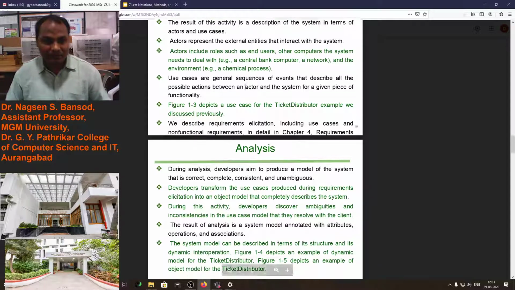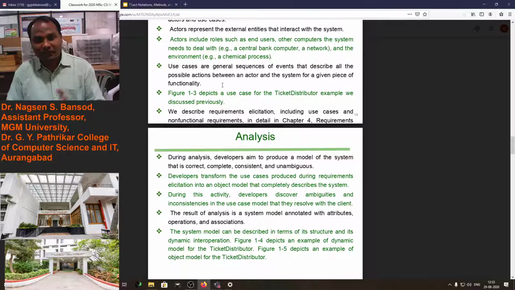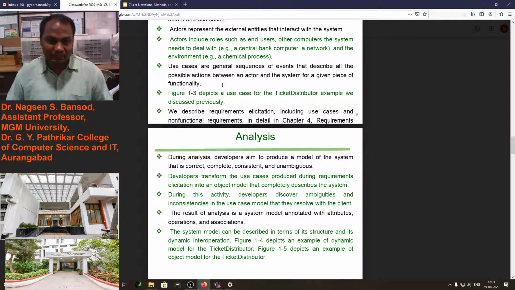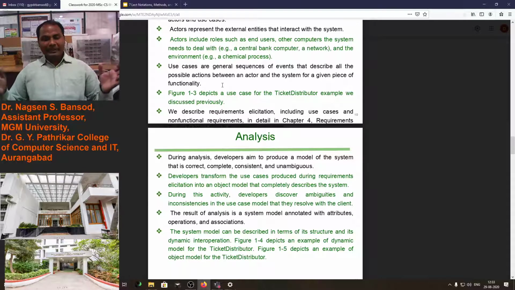A use case is a general sequence of events that describes all the possible actions between the actor and the system for a given piece of functionality. Means what happens in these devices, what happens in our team. I am delivering a lecture and you are listening to me. This process is going on. This process is the use case, which is between the two devices or between the two persons.